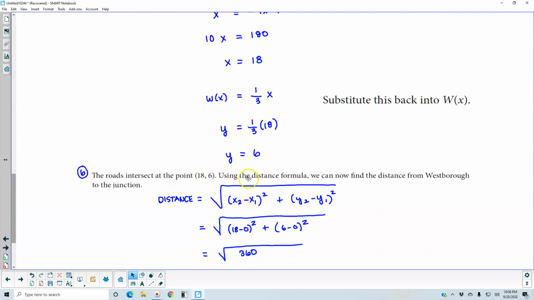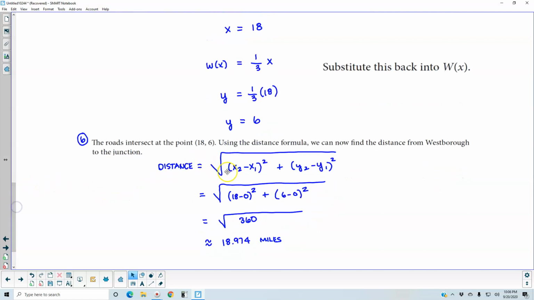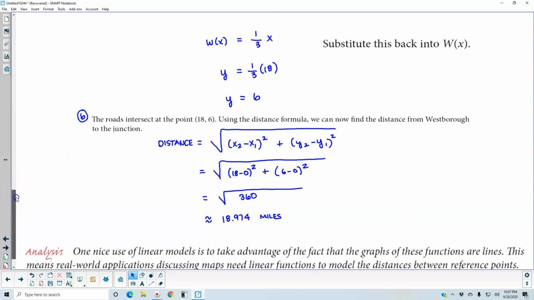But we want to find out what the distance is. So we have to use the distance formula to find the distance from Westboro to the junction. So the distance is equal to the square root of (x2 minus x1) squared plus (y2 minus y1) squared. Remember, we're starting at the origin (0, 0), and we're going to the ordered pair (18, 6). So we get the square root of (18 minus 0) squared plus (6 minus 0) squared. We get the square root of 360, which gives us approximately